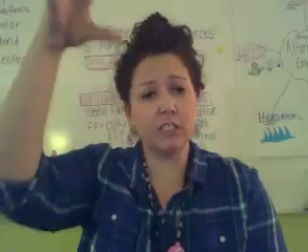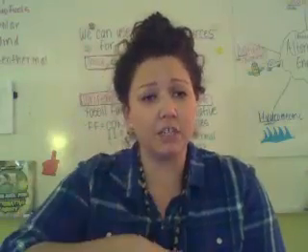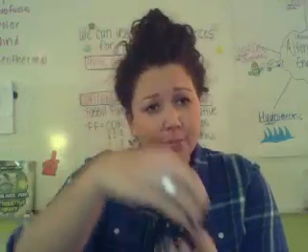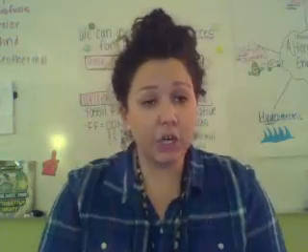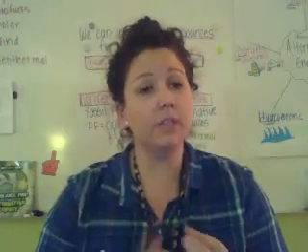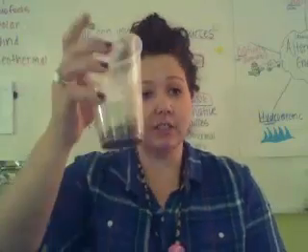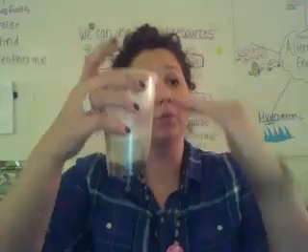More sediment gets put on top of it, and on top of it, and on top of it. And when all that sediment piles on top of each other, it starts to press down on the bottom layers. That pressing down creates all this heat and pressure, which is what turns that organic matter into a fossil fuel, either coal, oil, or natural gas. It forms in the layers of sedimentary rock.